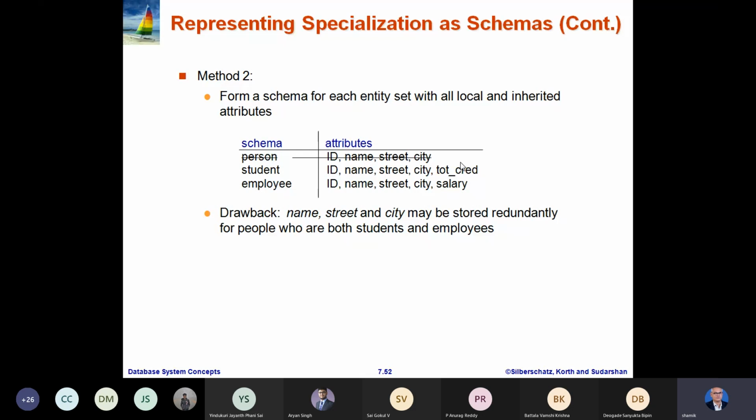And if you want to have additional reasoning, if the total credit is null but the salary is there, then we know that this is an employee. And if both are there, then it is a student who is also an employee, or an employee who is also a student. And if none of these are there, then you really do not know whether it is a student whose total credit is not yet decided, or it is an employee whose